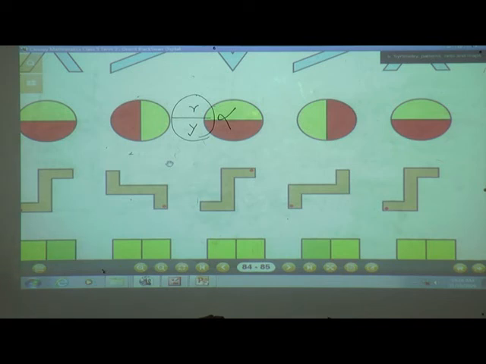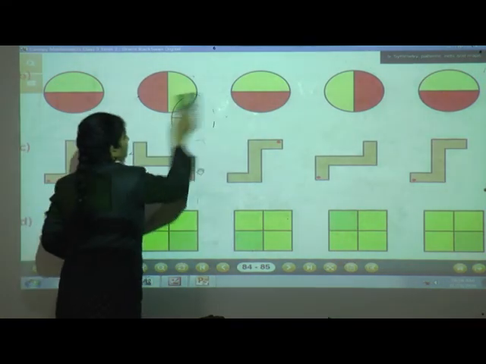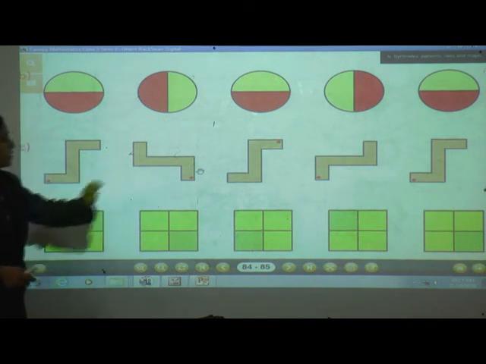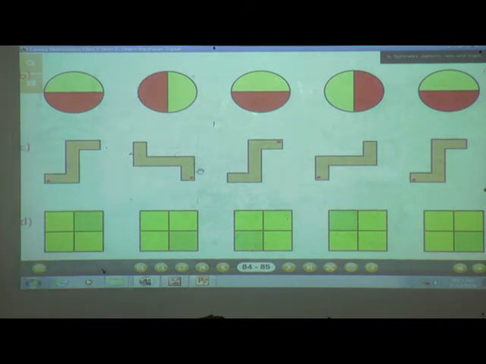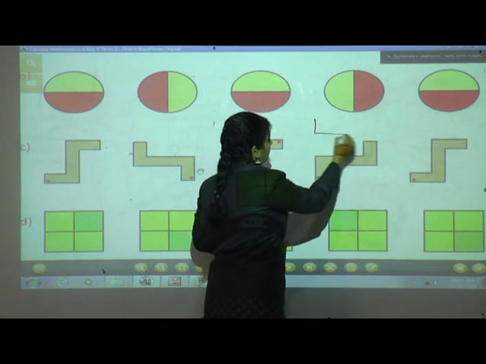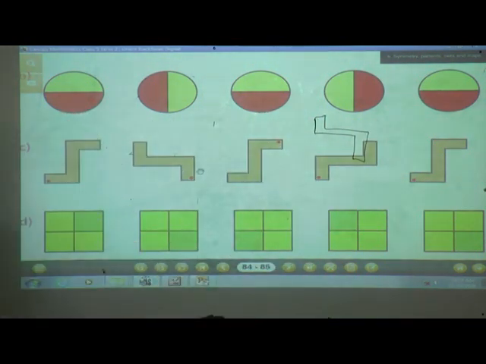Now see C1 here. Here is a dot. Now here you can see half turn. So which one is wrong here? See students, this one is wrong, isn't it? Now how will it come? It will look like this. And where will the red dot come, students? Tell me students, where will it come?